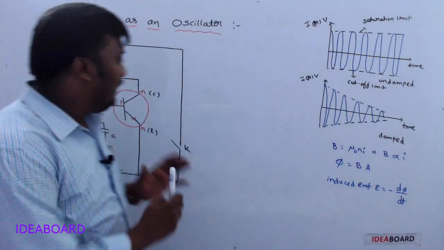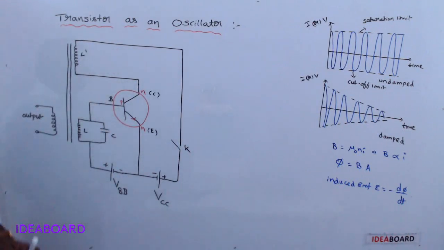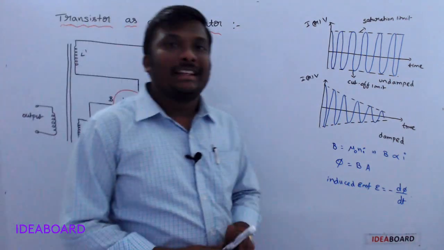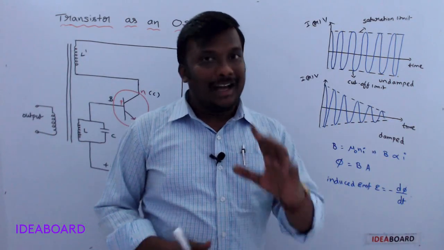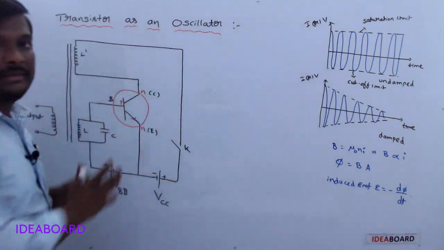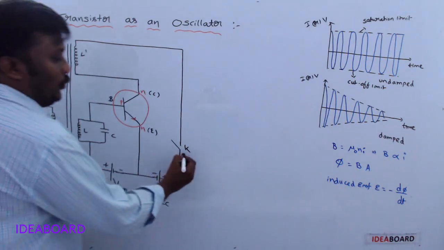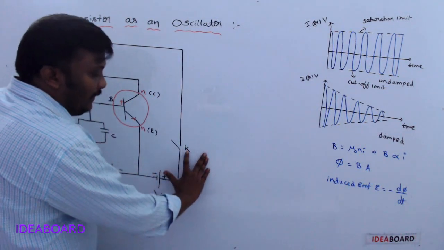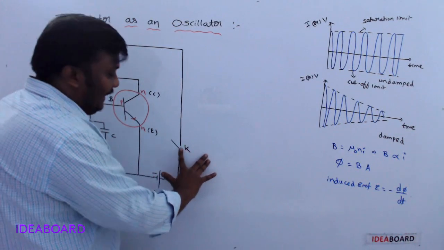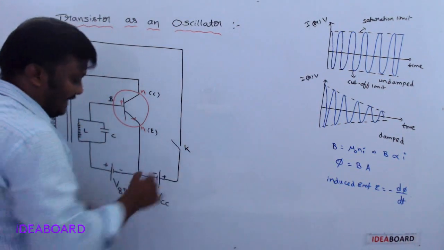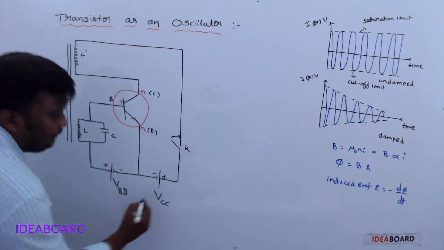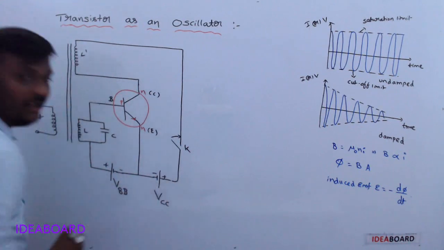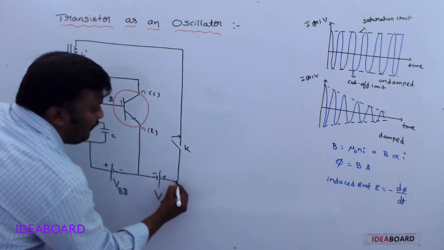Clear? Now listen very carefully about the working of the oscillator. Until now, everything we discussed was for the explanation of this portion only. So concentrate properly on the working. First, key K is tapped. Tapped means this key is now closed. Whenever the key is closed, this is the positive terminal. From the positive terminal of the battery,